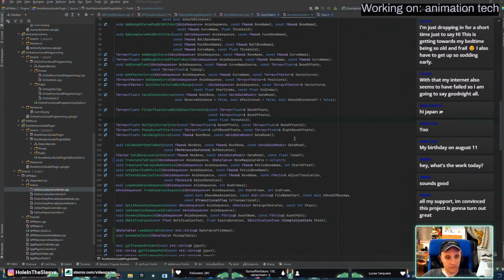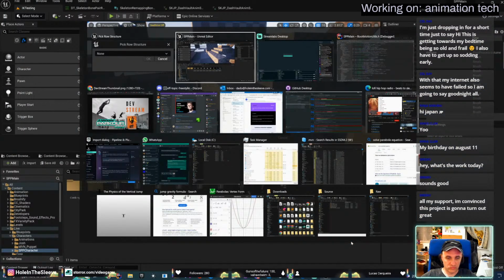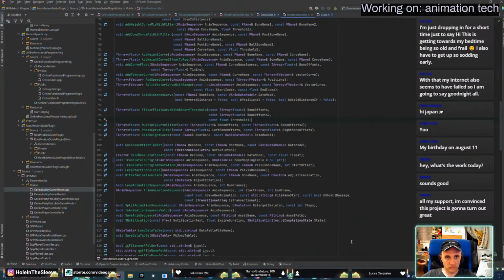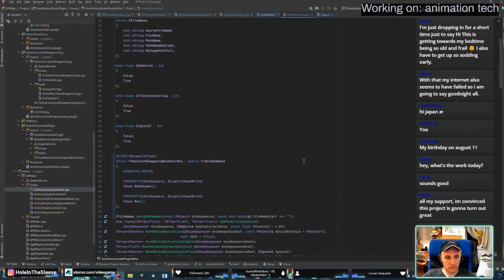Right, let's see if we've got skeleton remapping.